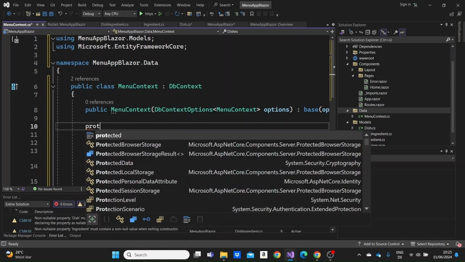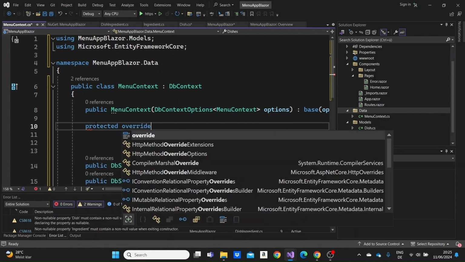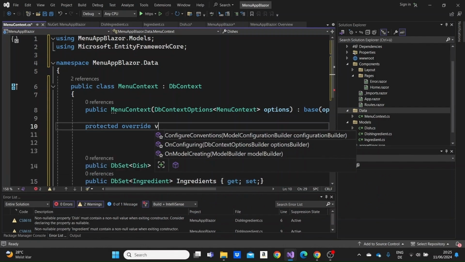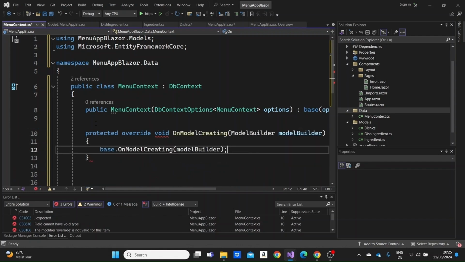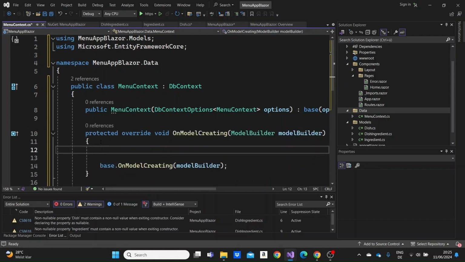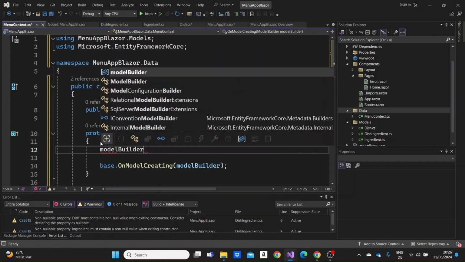So I'm writing here protected override void OnModelCreating. That's the method we use in this case. And the first thing here, we specify the keys with which this middle model, the DishIngredient model, connects to the other two models. So I'm going to write modelBuilder